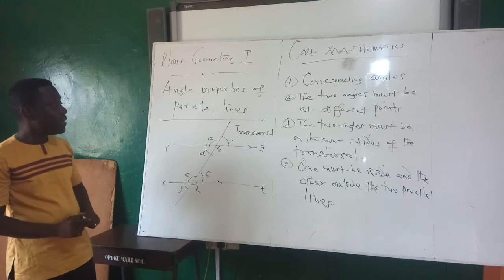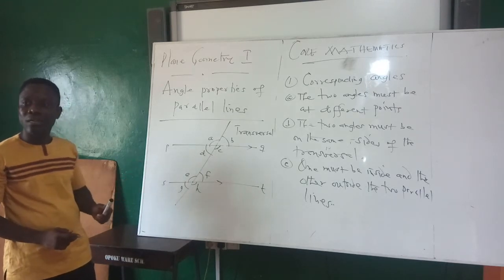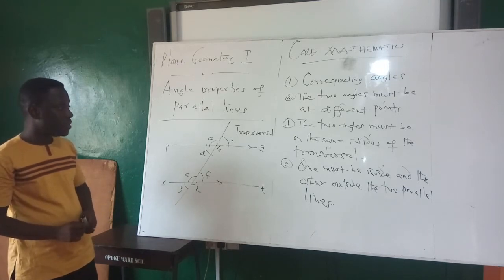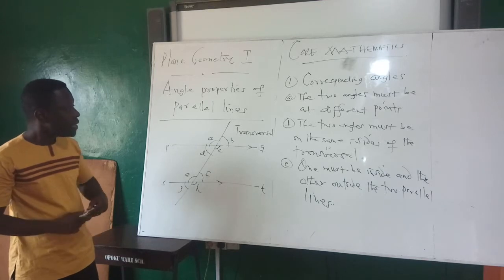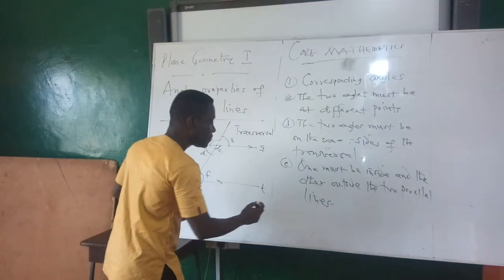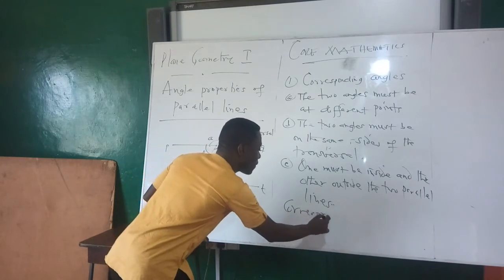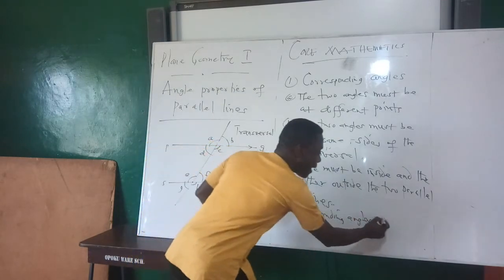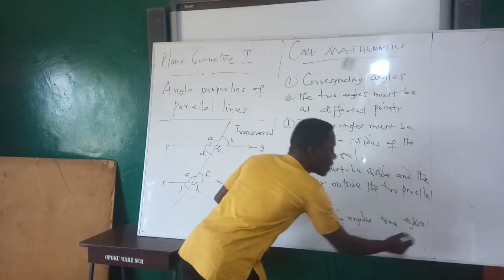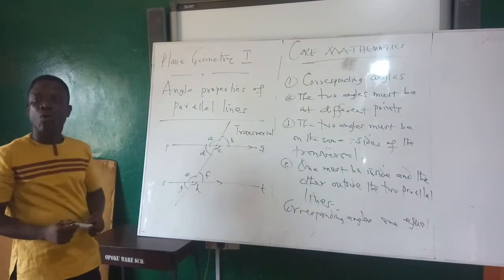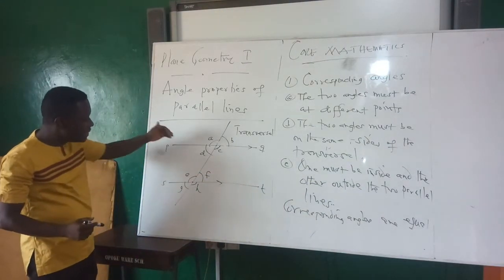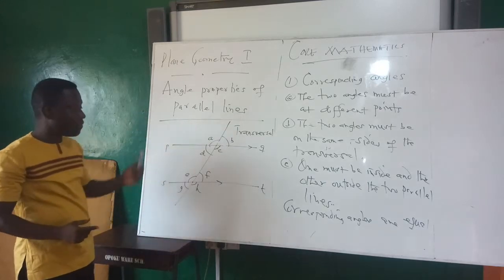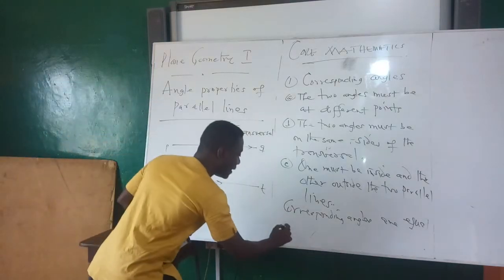Then, having been able to identify corresponding angles, let's now come out with the property. So from the diagram, the property says that corresponding angles are equal. Corresponding angles are equal. And so if A and E, D and G, C and H, and B and F correspond, then from my diagram I can easily say that therefore